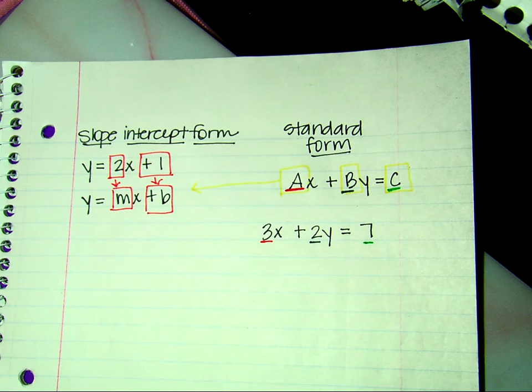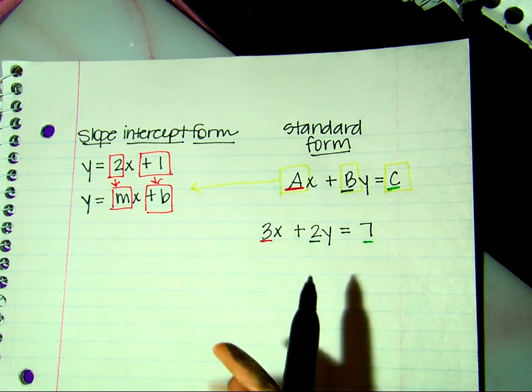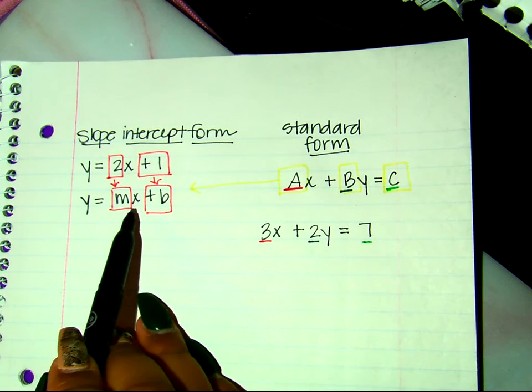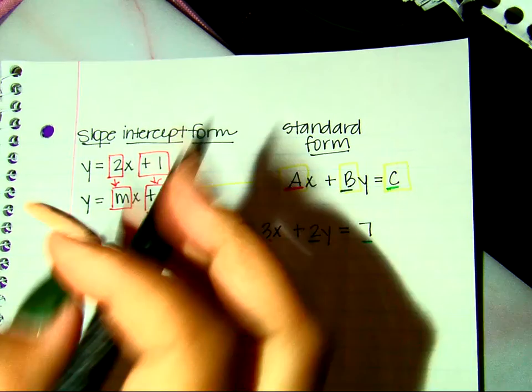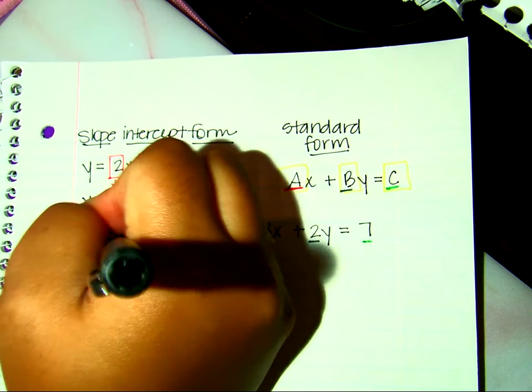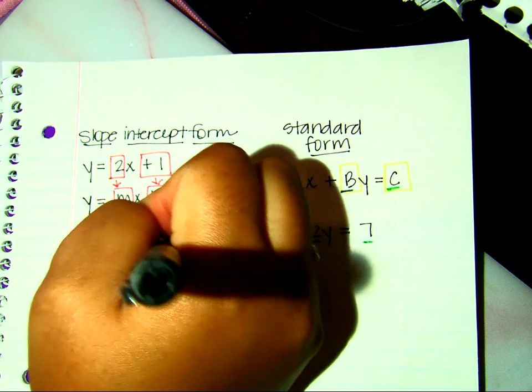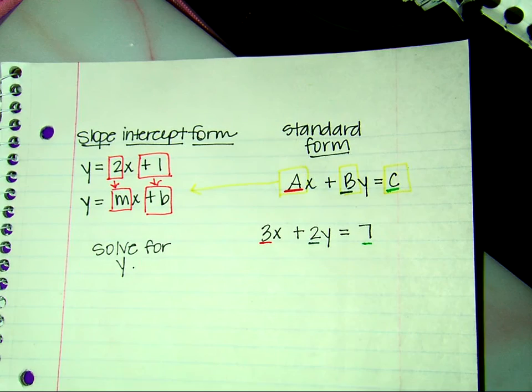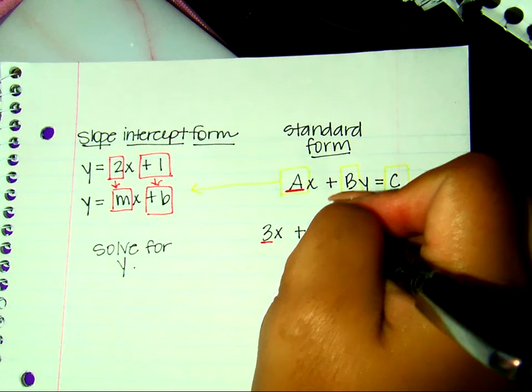Alright, and we are going to take this equation and transform it to slope-intercept form, which means we have to solve for y. Okay, so I am first going to draw my river,